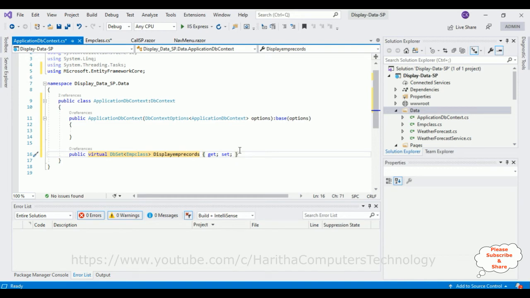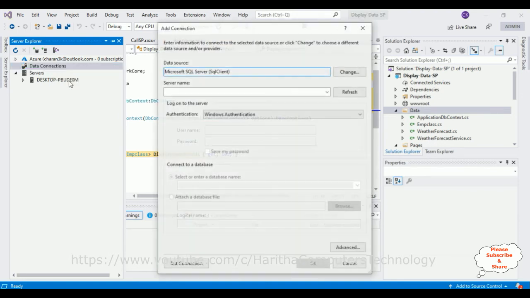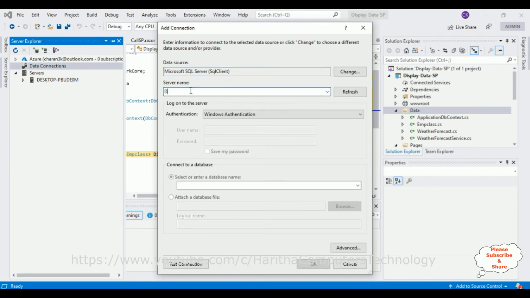Now the next step is we need to connect the database. So to get a proper data source of the SQL Server connection string, notice here the Server Explorer, open that one. Data Connections, right now it's empty, there is no database. So let's add a new database in this Data Connections folder. Right click Data Connections, Add Connection. The data source is Microsoft SQL Server, and my SQL Server name is this one, desktop. Let's add that one,